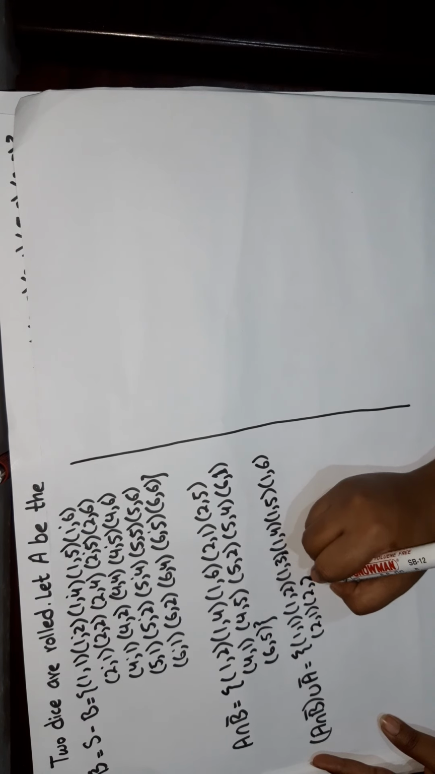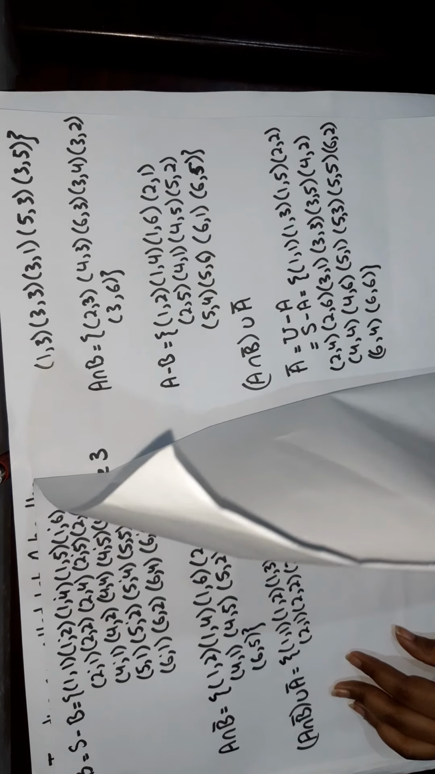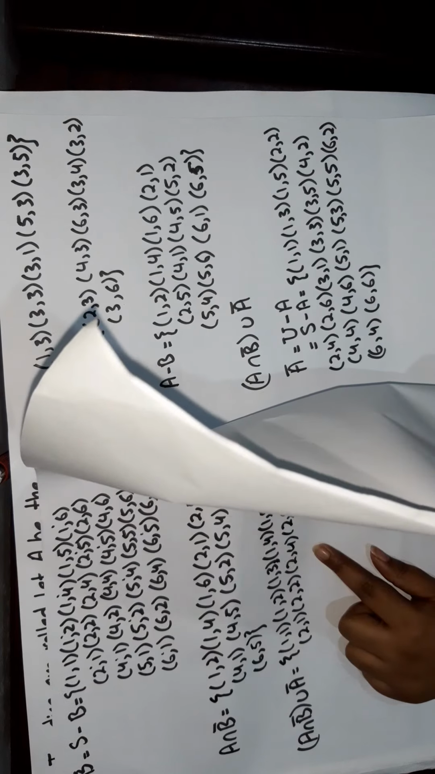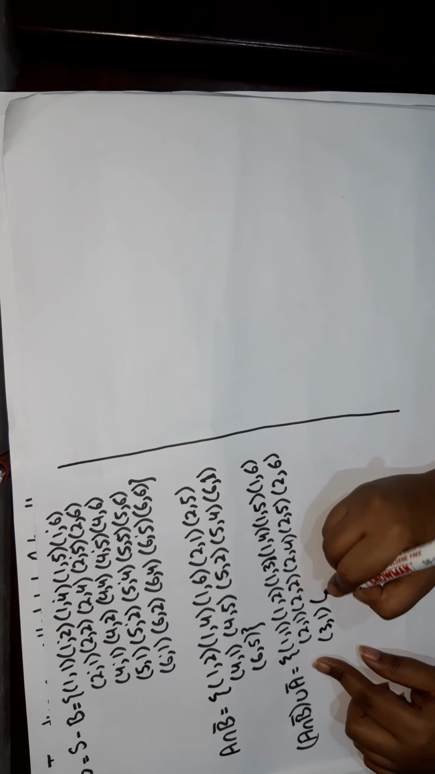Then 2 1, 2 2, 2. 3 is not present here, so we will write 2 4. 2 4, 2 5, 2 6. 3 1, 3 3, 3 1, 3 3, 3 5,